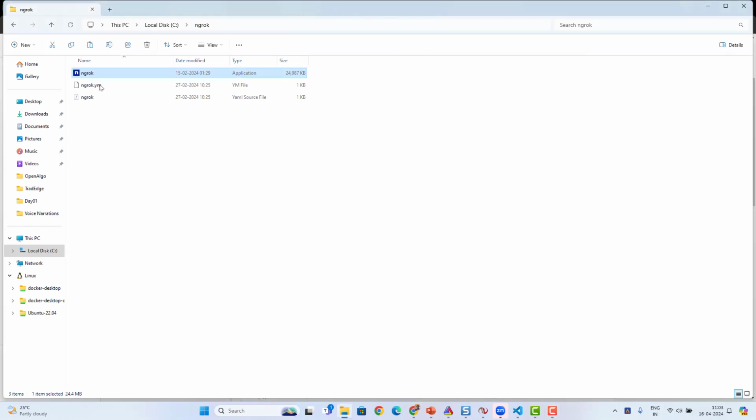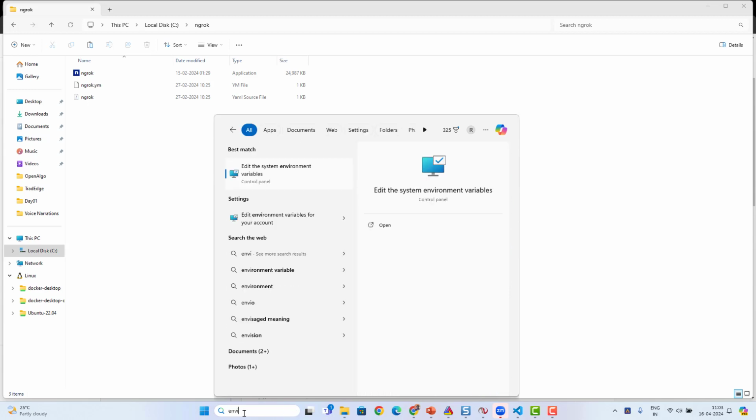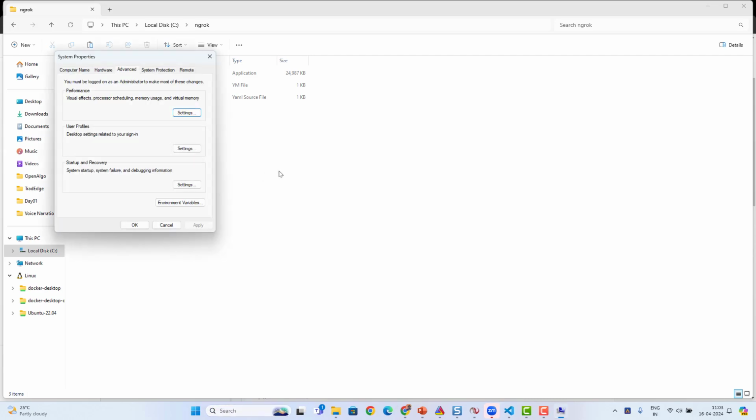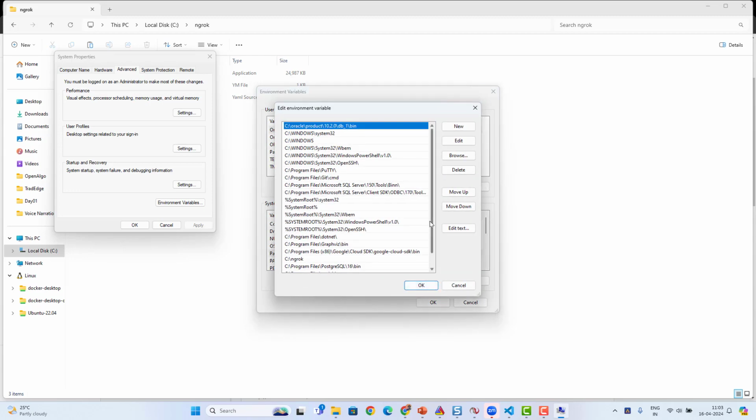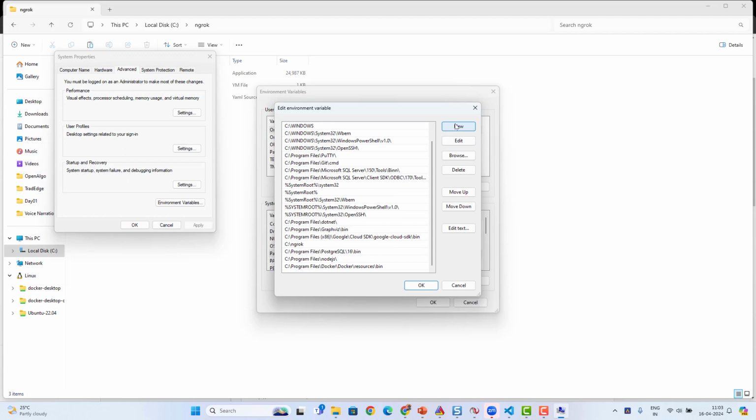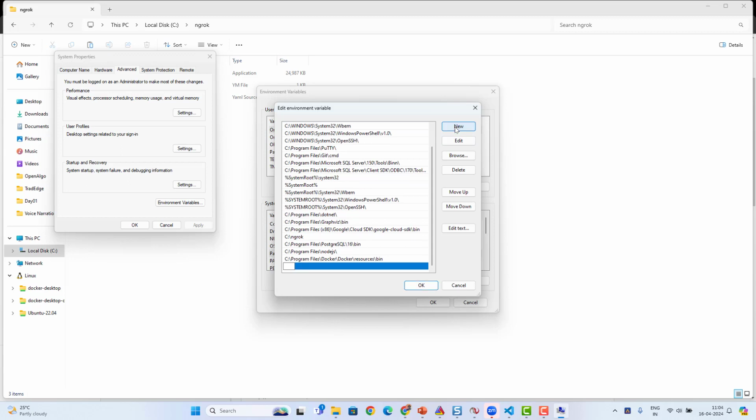Once you've copy-pasted the Ngrok application, the next step is creating the environment variable for Ngrok. You just go to your search and type environment variable. You will automatically be able to see Edit the system environment variables. Click on that, and once it opens up the system properties, go to the environment variables section. From here, go to the system variables section. Under here, go to Path and click on Edit. From here, you should be able to add a new path. Click on New and enter